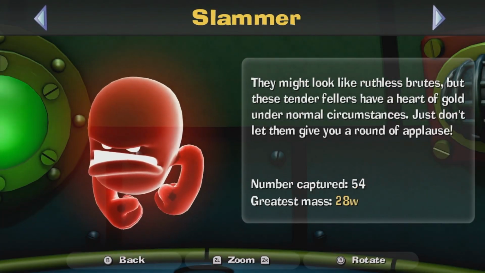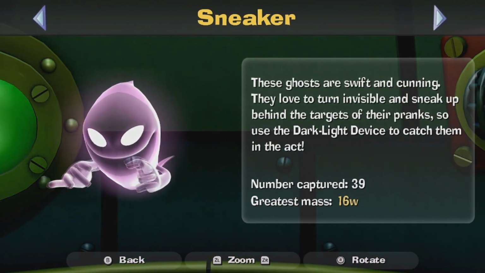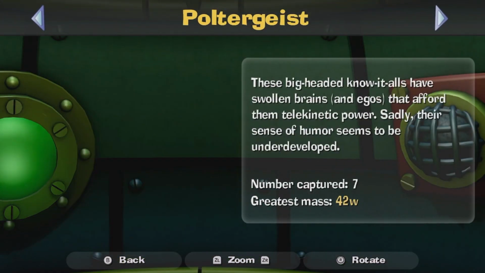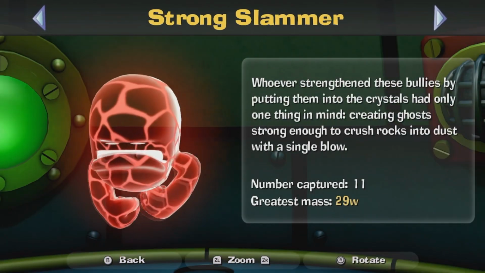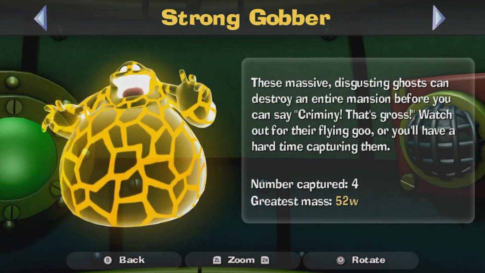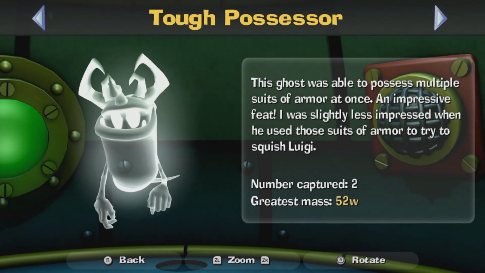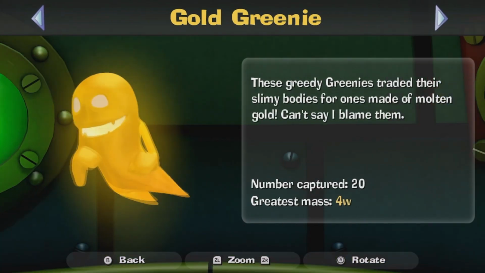Oh, we only caught 54 slammers, 34 hiders, 39 sneakers, 26 creepers, obviously one sister, one of each of the 3 sisters, 5 gobbers, 7 poltergeists, 54 strong greenies, 11 strong slammers, 8 strong hiders, 16 strong sneakers, 4 strong gobbers. Obviously, we have the Grouchy Possessor, the Harsh Possessor, the Overset Possessor, the Shrewd Possessor, and the Tough Possessor. And the Ancient Poltergeist, as well as a Strong Poltergeist, and then 20 Gold Greenies, which I do need to